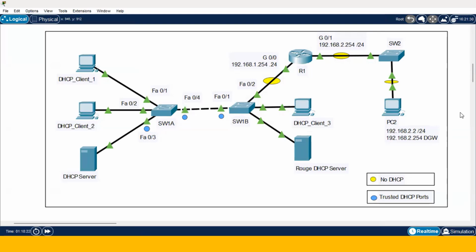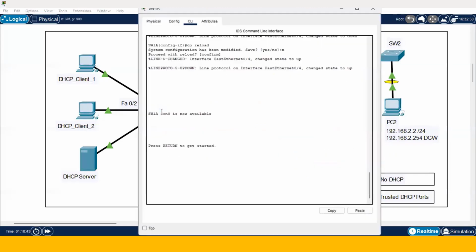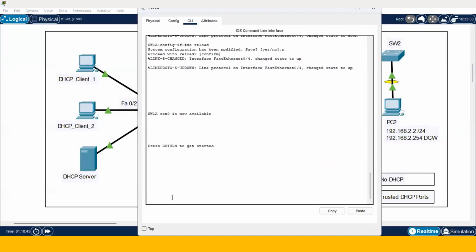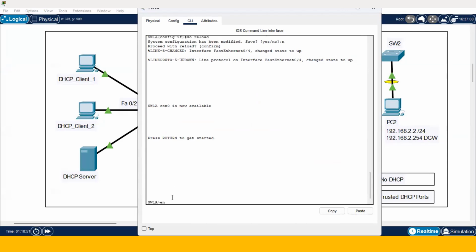So this is called DHCP spoofing. A rogue DHCP server is added to our network. We want to make sure nobody is allowed to do that. In order to do that, we have to configure DHCP Snooping on both of these 2 switches. These 2 switches have no configuration. I want to go to switch SW1A, enable,